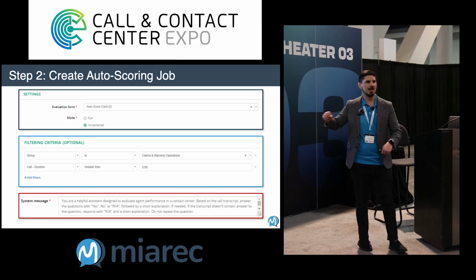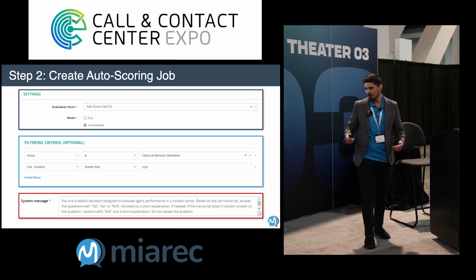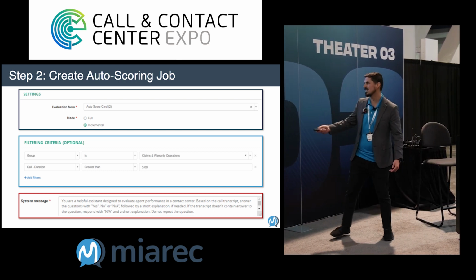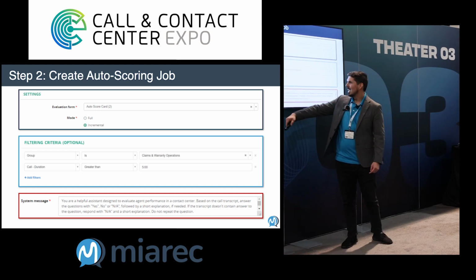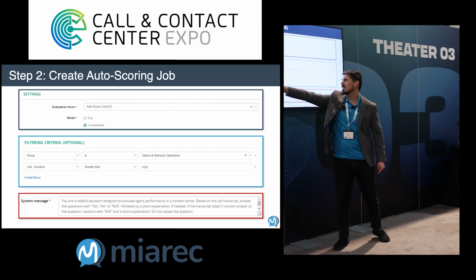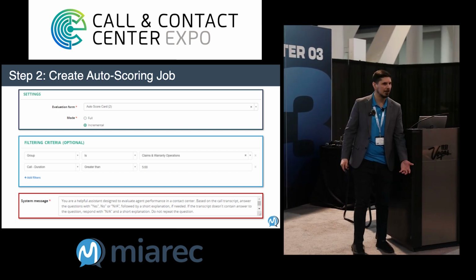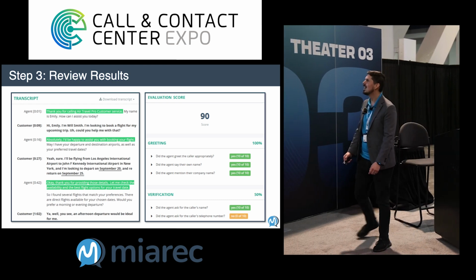You have a sales department and a sales scorecard, run that scorecard against those calls. So you're basically running things conditionally based on criteria. The example here is we're using this scorecard to evaluate our claims and warranty operations for calls that are longer than 5 minutes. So you can get really granular with how you want to evaluate the calls, is the point I'm trying to make.